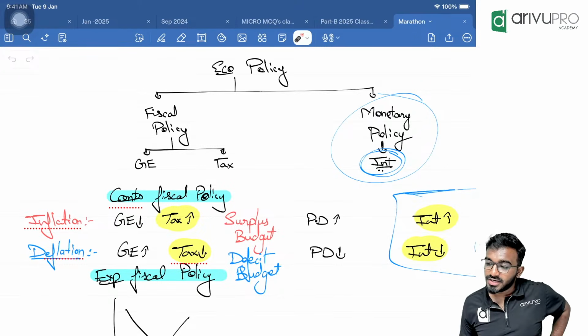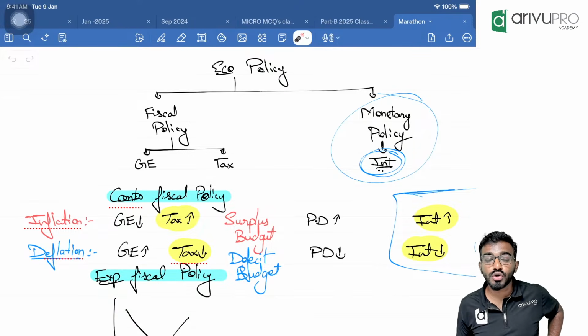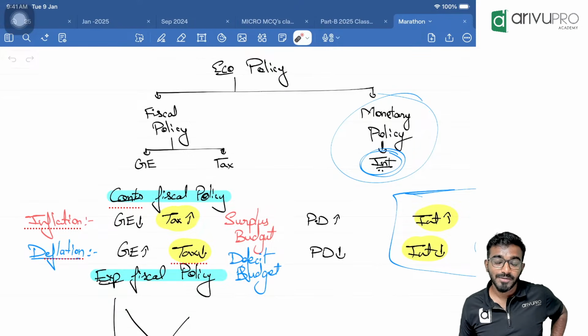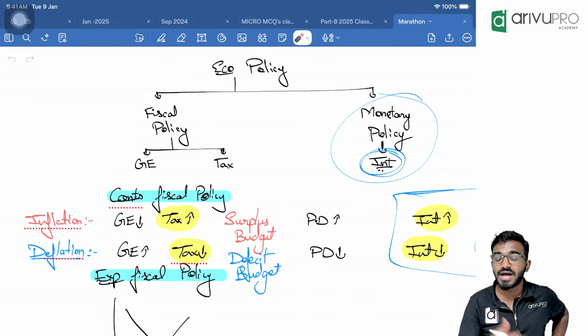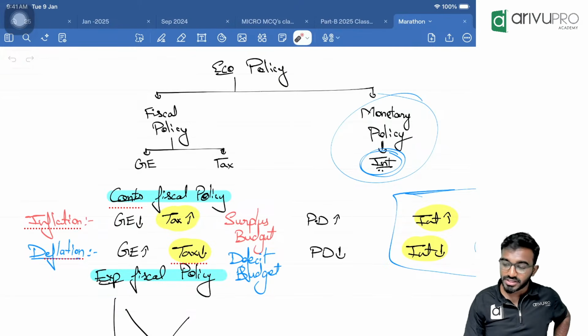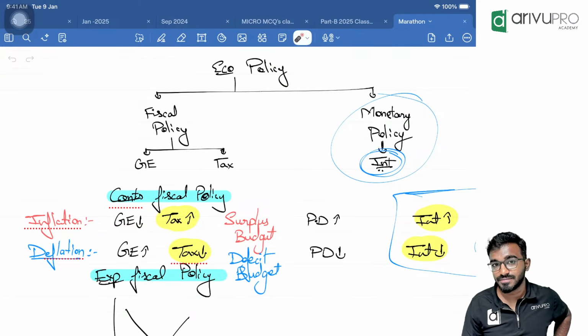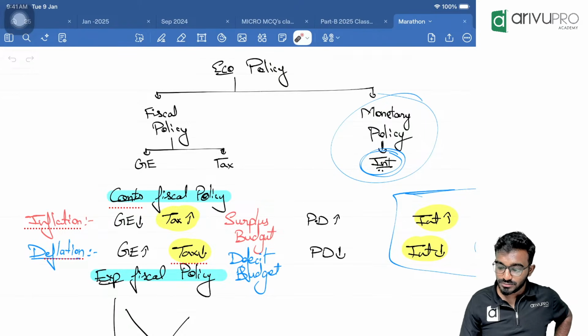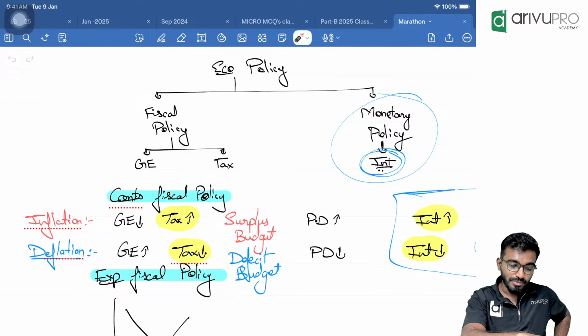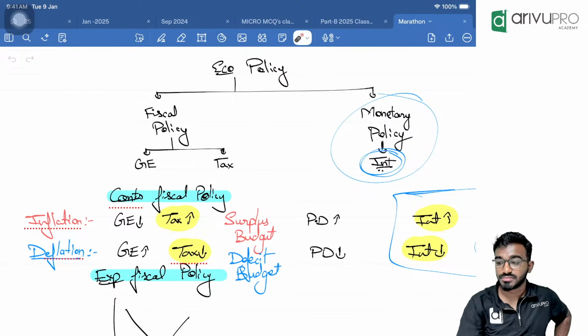Sir, is it mandatory to write mocks conducted by ICAI? Not mandatory, but I recommend you to write. The more new questions you solve, the more new varieties of questions you see, and that is always good. From mock papers, RTP and MTP, sometimes questions are straight away copy-pasted in the main exam, some 5 to 10 questions. That is one advantage, so I recommend you to write it once. It's not mandatory, but recommended. For practice, is it compulsory? Yes, for practicing, I would definitely say it is compulsory, you should do it.